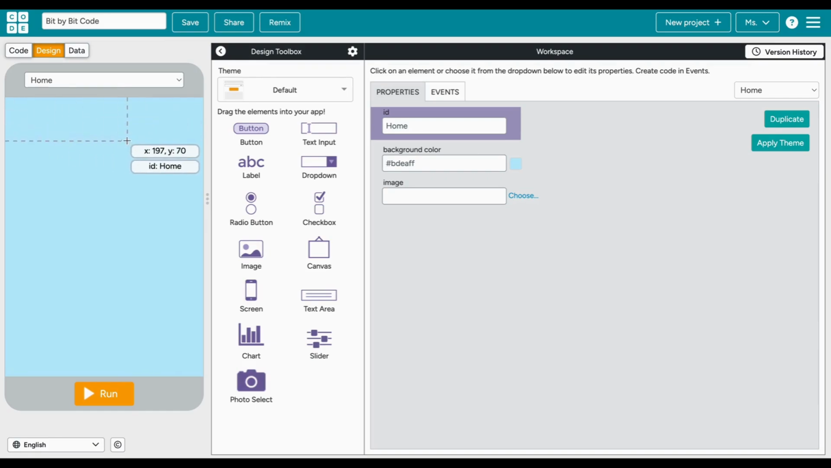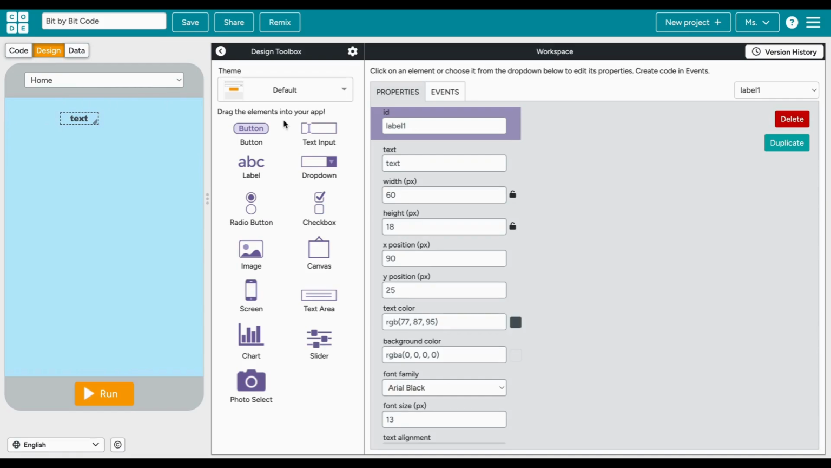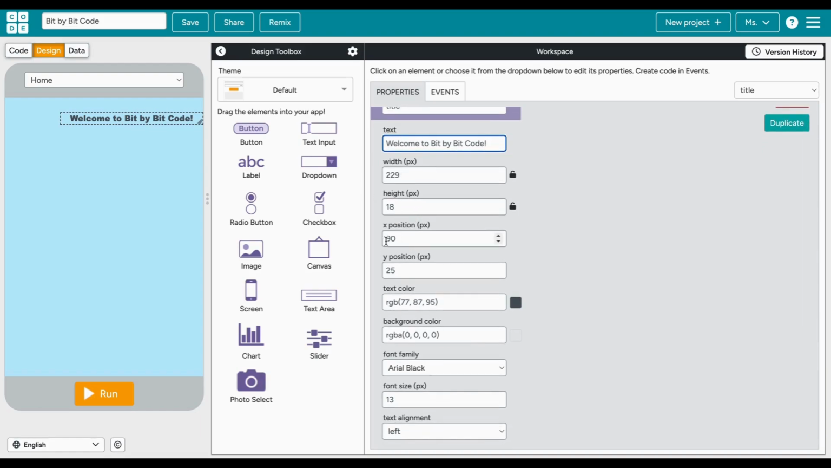So now that our home screen is colored, you can see all the different elements you can add onto the page, but first let's just add a label to act as the title of our app. So you can see the ID, and I think we should rename our ID to be title. So title, and let's rename the text to be Welcome to Bit by Bit Code. You can customize the width, the height, a lot of different options to really design your app. I'm going to drag the label to the center of the page,